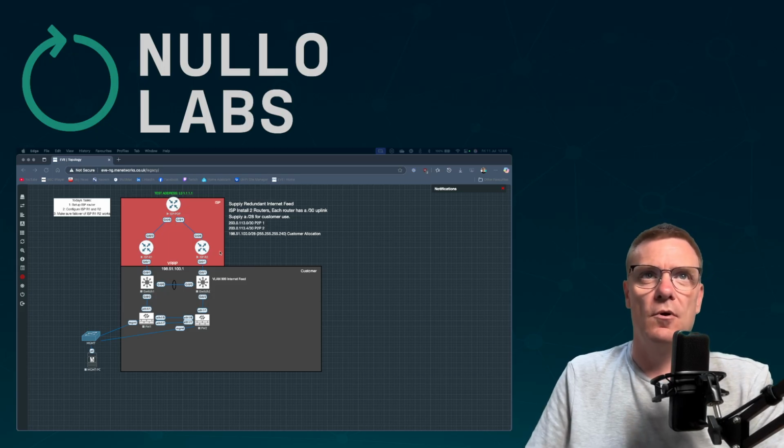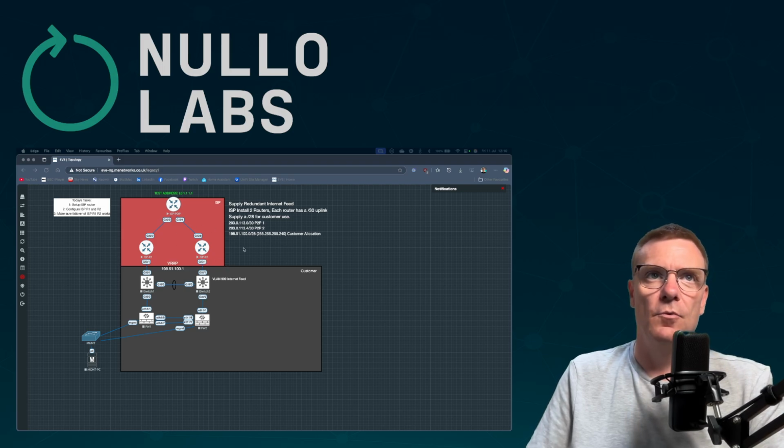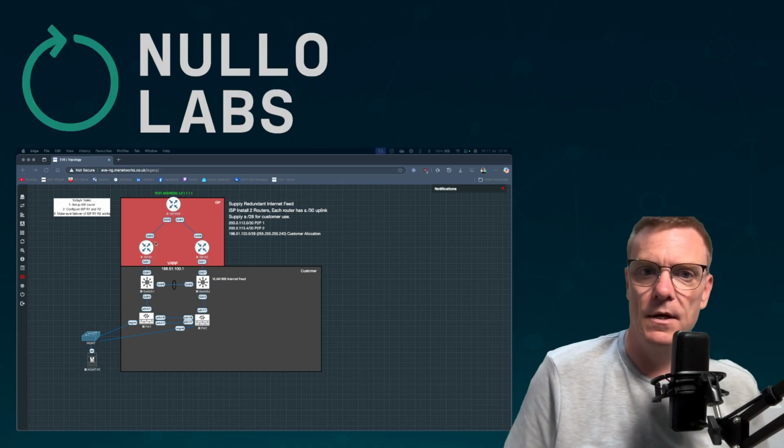delivering the two on-site ISP routers, handing off to the customer with a VRRP so that they've got a default route to point at, and we are going to make sure that their customer allocation address is routable across both links during a failure. So we're going to get that bit all configured today, and then hopefully we'll move on and do some more